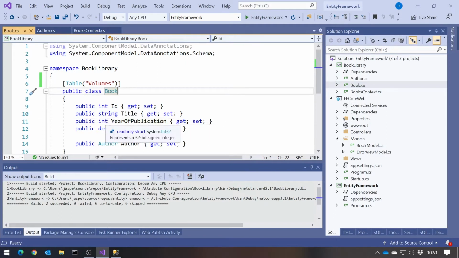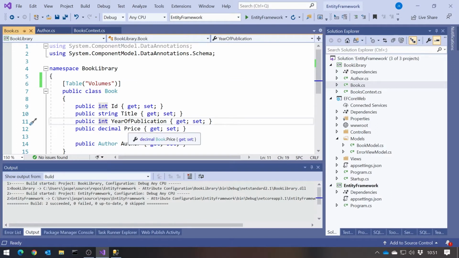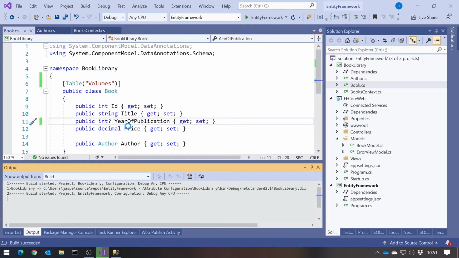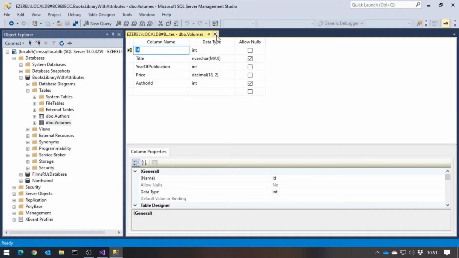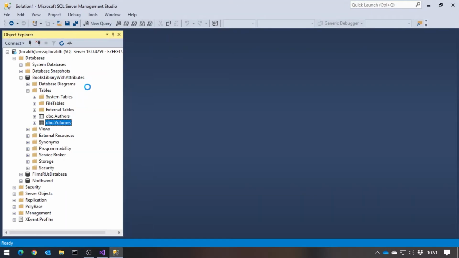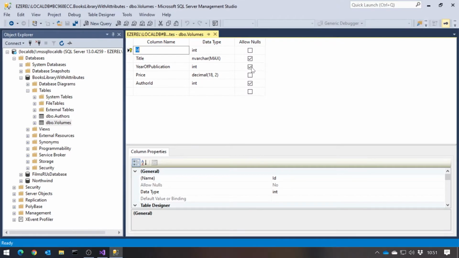And if we wanted to change that, then it's best to do it just in C# code. So if I simply make year of publication a nullable int in C# and then run this all again, and then just take another look at that. Now we can see that year of publication allows null, so it's just worked that out for us.